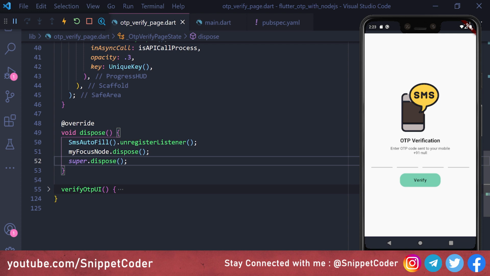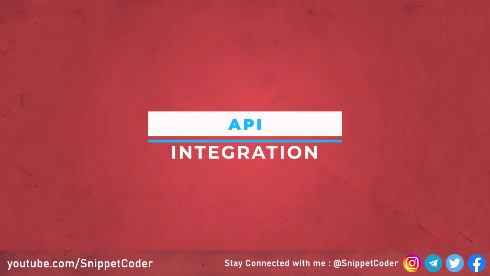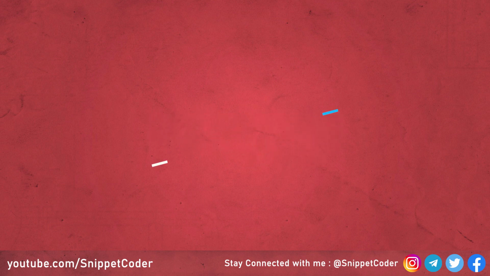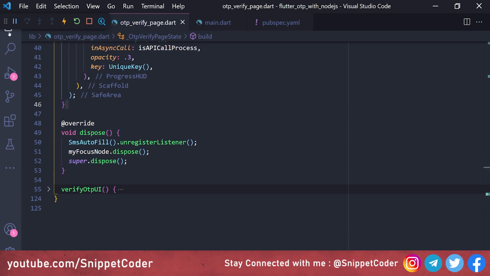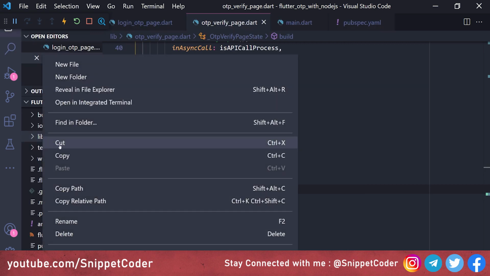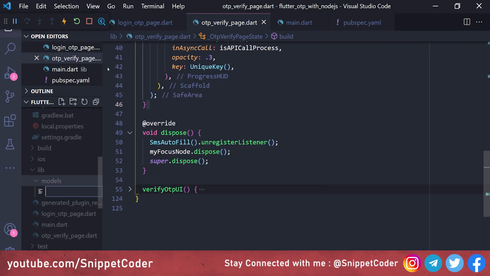So now let's move further to have the implementation of our API service with the API which we have created in our Node.js for the OTP login and the OTP verification. So now we will create our model file, and for that we have to go to our lib folder, and here we will create one new folder, that is models, and here we will create a new file and name it otp_login_response_model